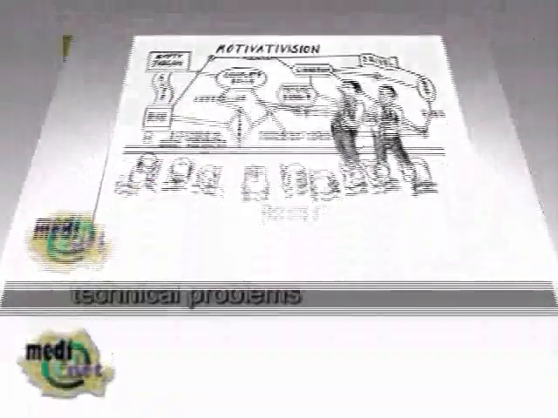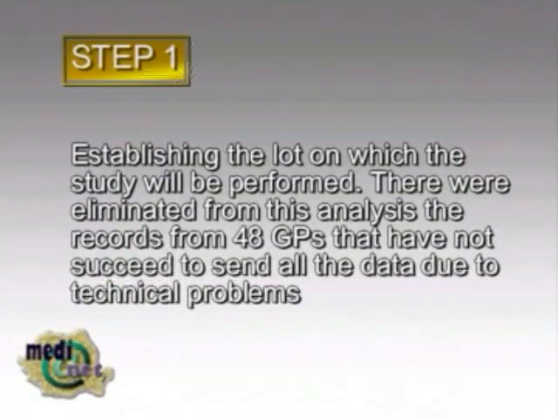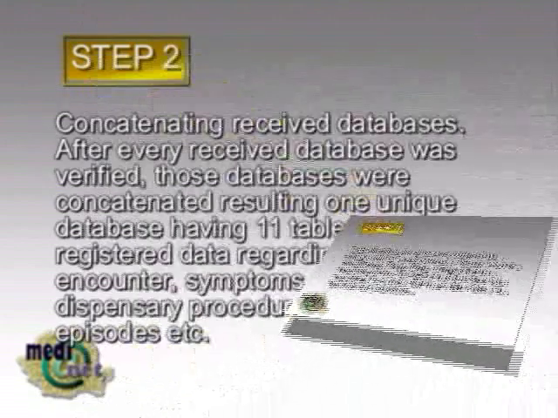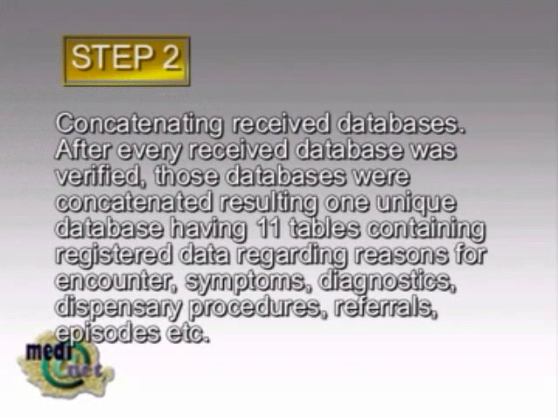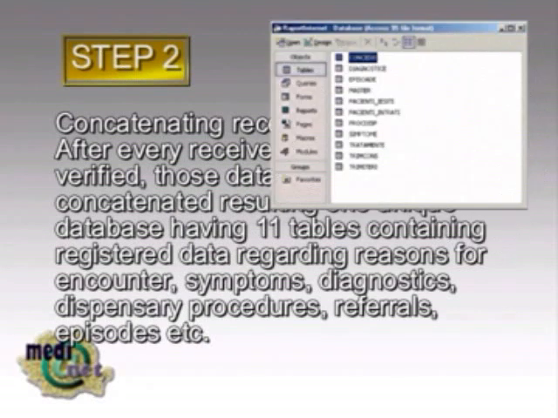6 steps. First step was to establish the lot on which to make the study. We selected the registrations from 52 general practitioners. The second step was to concatenate the received databases. After every received database was verified, we concatenate these databases, resulting one unique database having 11 tables and containing data